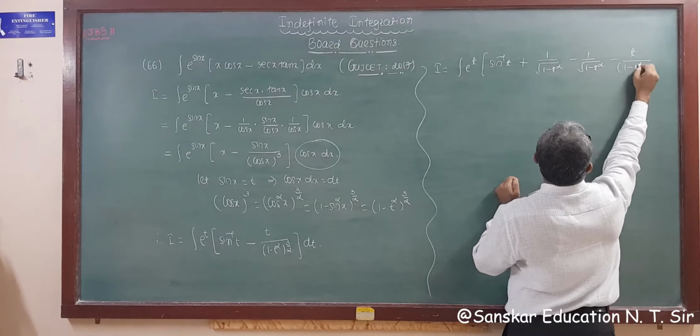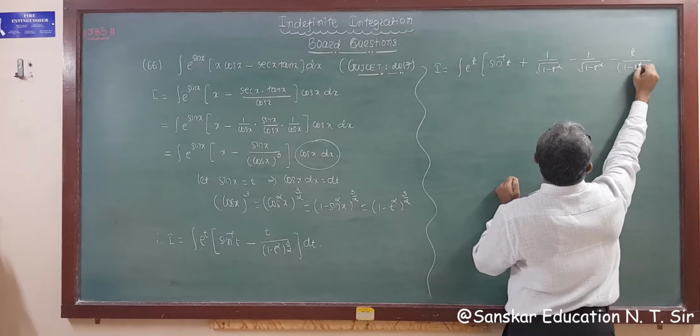Got it? Now this is your f t here. So derivative of this is your f dash t, this one. Now what about this? This is a derivative of this function that you have to check. So suppose we take this as g t, right? So let g t is equal to 1 upon under root 1 minus t square, right? So derivative of 1 upon bracket is minus 1 upon bracket square. So g dash t is minus 1 upon bracket square, that is 1 minus t square.